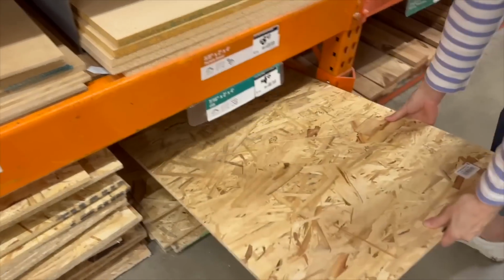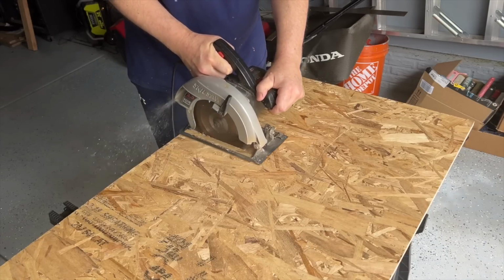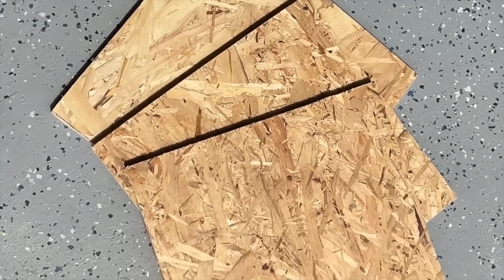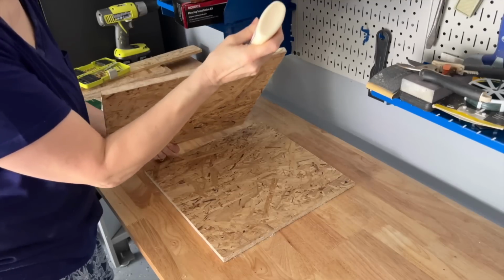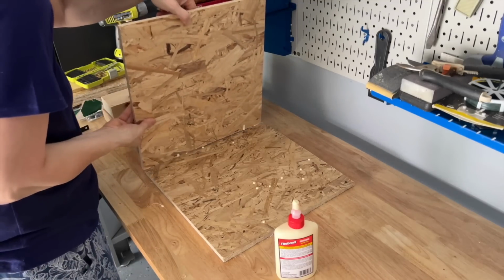Head to your local hardware store and buy a sheet of OSB. First, cut the OSB into 15-inch squares. You will need 3 of these squares. Apply wood glue to the edge of one of the squares and place it vertically on the edge of another,